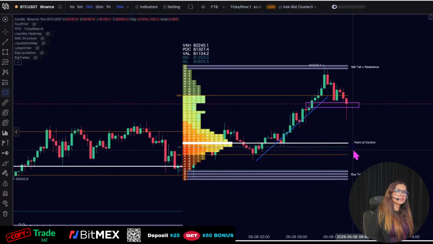Now, what I will be looking at today to tell me whether we're going to go down further or push up is, number one, a disrespect of this imbalance over here. As you can see here, we also have the value area high and the value area low. You have these little labels right here that will tell you what it is. So what I'd be looking for,